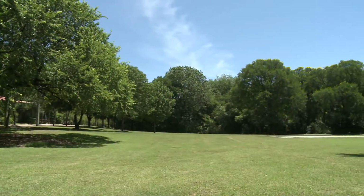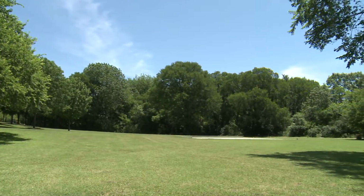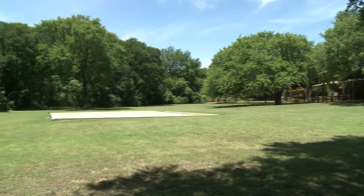First of all, we had to consider the space that we were given. There's trees in the area, there's trails in the area, and we wanted to make sure that we could come up with a design that was big enough but functional as well to be built in the area and the space that we were given. The pavilion is